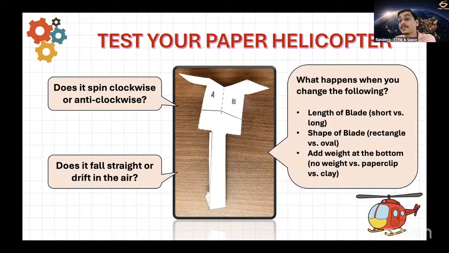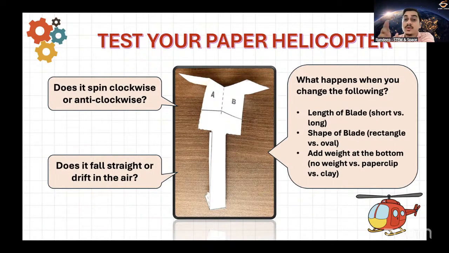And this is where your paper clip, clay, or such kind of materials can come in handy. But since I had told that it's not compulsory, you can use those materials later on also to test your helicopter. Of course, you can change the length of the blade. You can test short versus long. You can also change the shape of the blade. How? Well, take a scissor and cut along the corners, because right now the corners are complete sharp rectangles.